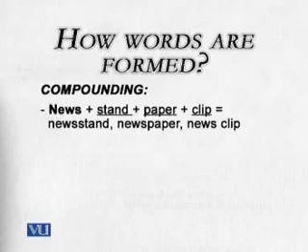Let's say newspaper. When I say newspaper, it's a combination, a compound, of two words. One is news, the second is paper. These are, of course, different, full-fledged words that we are combining to create a third word, which we call a compound word. Here we cannot use derivation. Portmanteau, of course, can be derivative, but this is called compounding. These are compound words because we are combining full-fledged words.